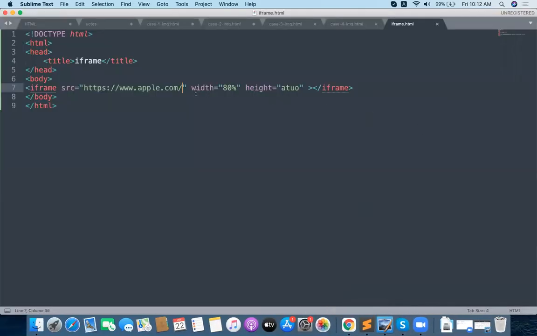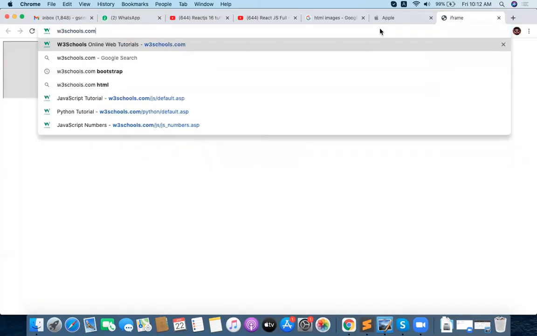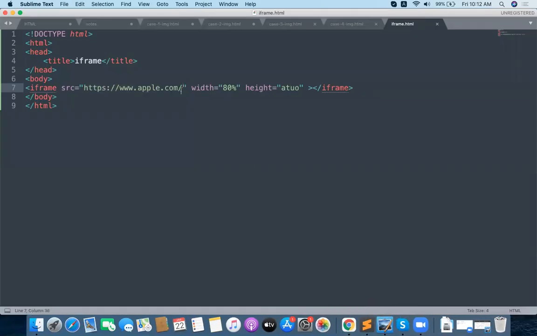Okay, let me do one thing. It is used just for websites. We can put websites in the iframe, yes. Not using it with anything more. No, nothing. Only that one.